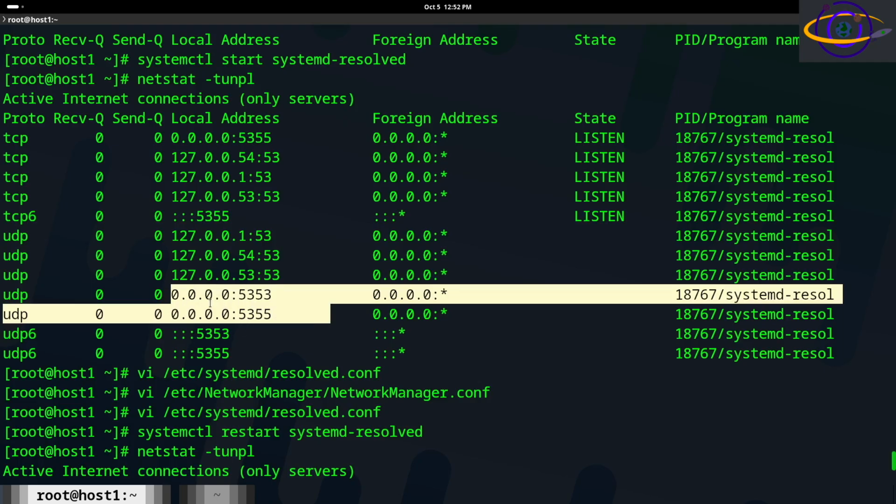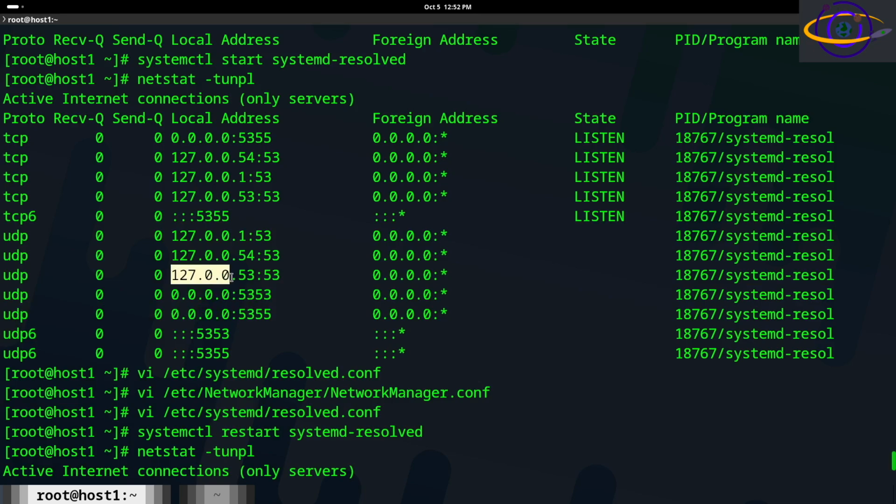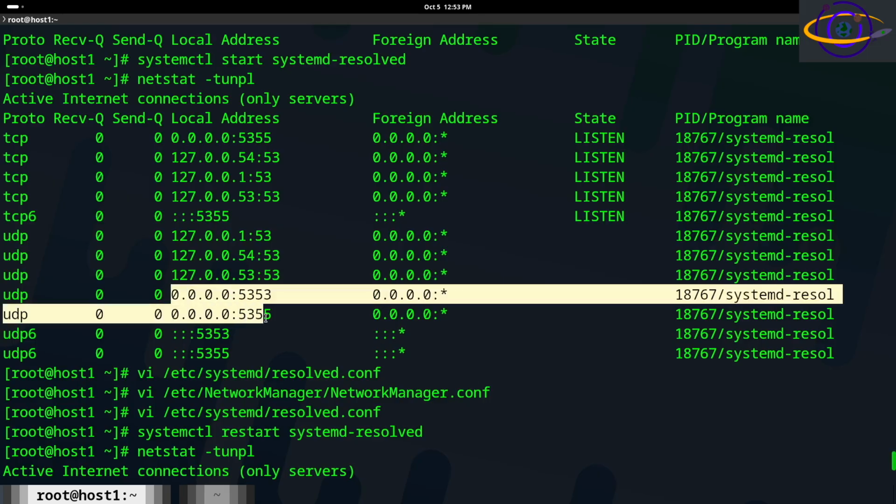0.0.0.0. That's the IP address on the local network. Whereas 127, anything with 127.0.0 is going to be the localhost. Only accessible from your local machine only, right? So we want that, but we don't want it to be listening on the network, right? On the actual network where other hosts can connect to it and query it, because that opens up an attack